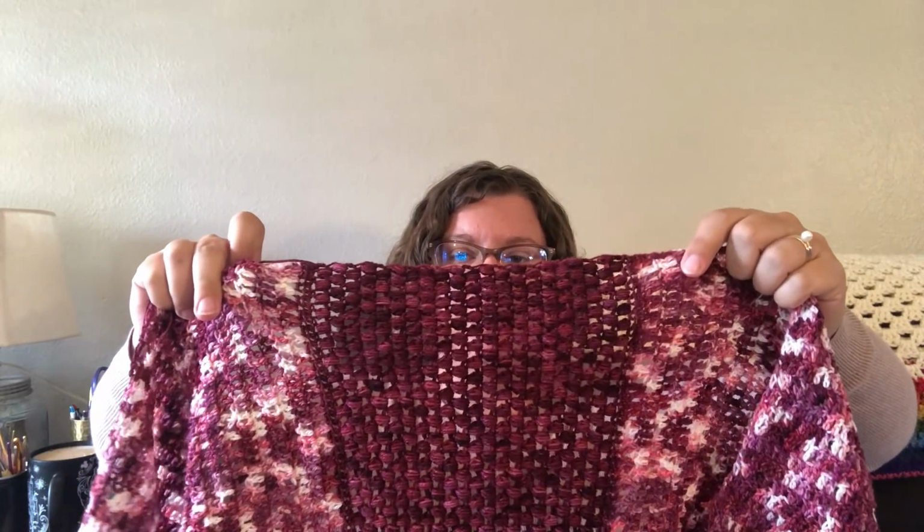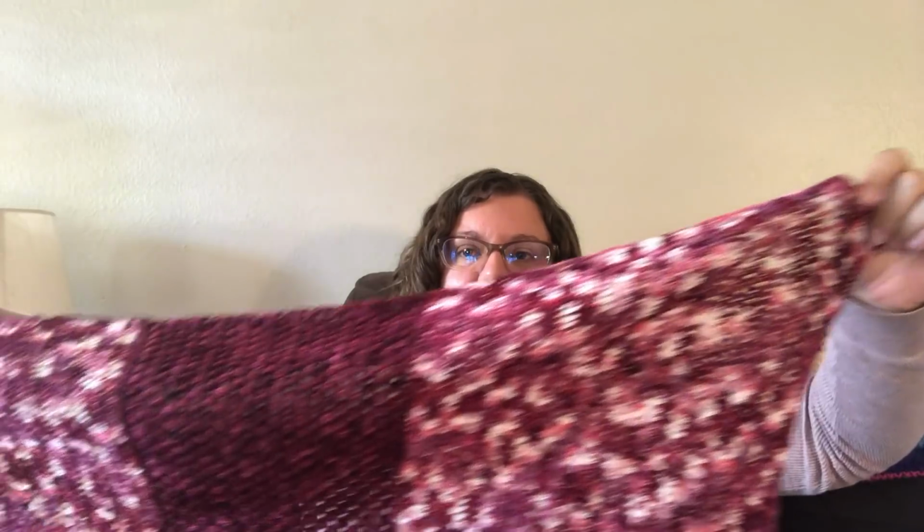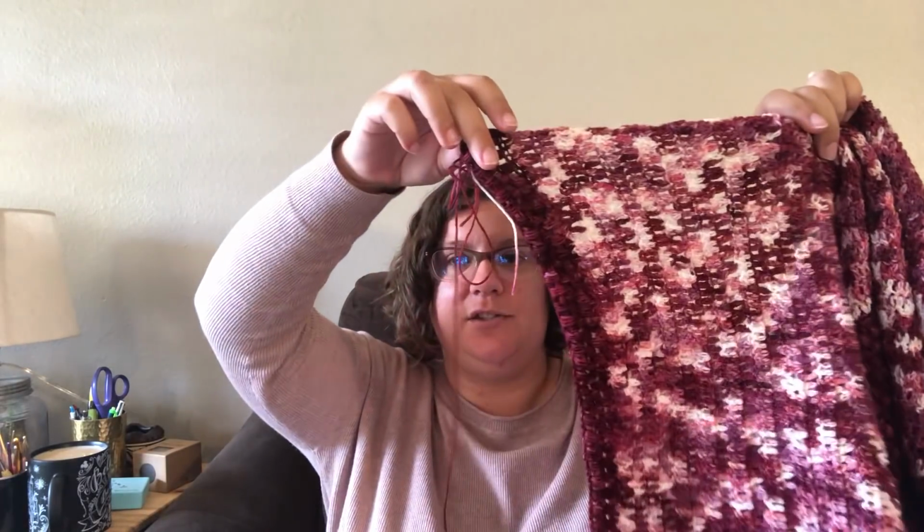Because it's fingering weight yarn, I'm making it much wider and much longer. And so it follows the same stitches, but I've decided to make the puff stitch panels smaller because the puff stitches use so much more yarn than the V-stitch sections, and I didn't want you to end up with none of one color and then a bunch of the other color when you bought them to go together, or whatever, found them to go together. Anyway, I also think it adds an interesting dynamic, an interesting look. So I've got 2 of the V-stitch panels done, 1 puff stitch panel, and I started on the next puff